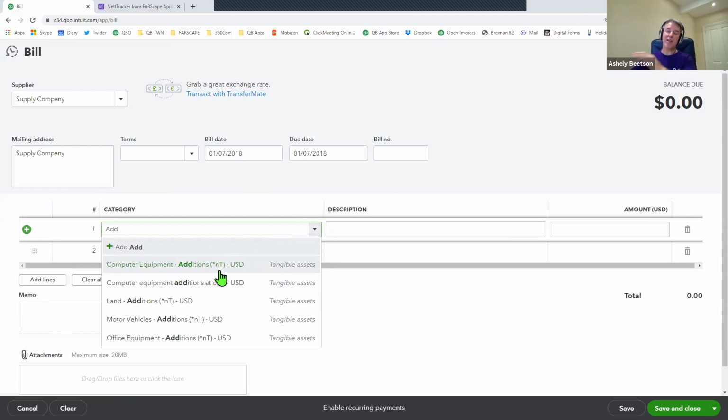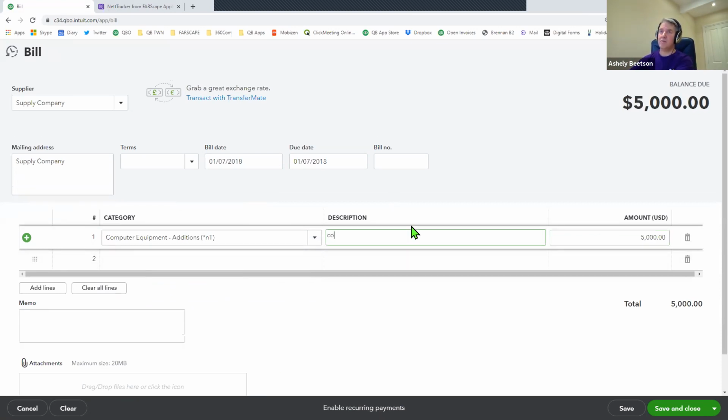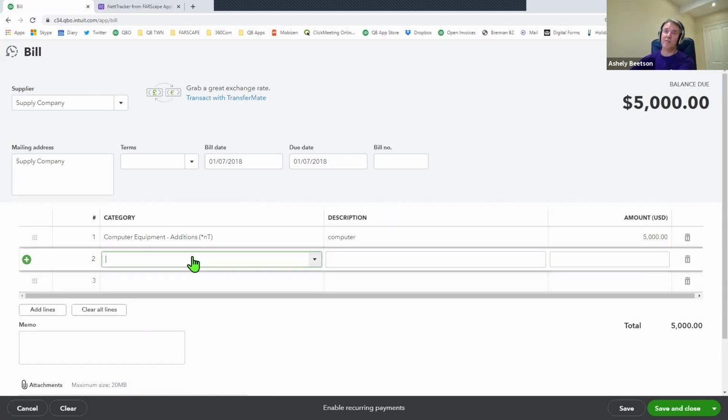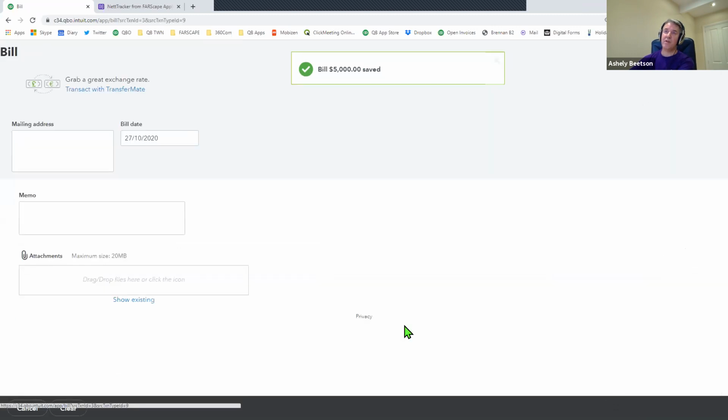So in order for nettTracker to be able to monitor this fixed asset purchase, I need to make sure I allocate it to the right account. So let me just add that one in, and I'll just put 5,000. Computer, and in fact I'll just save that, create a copy,